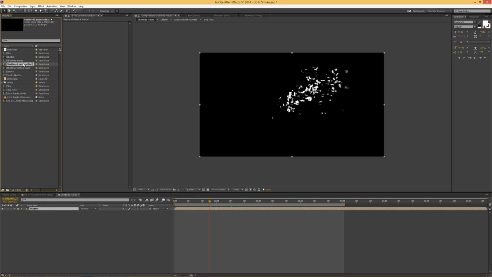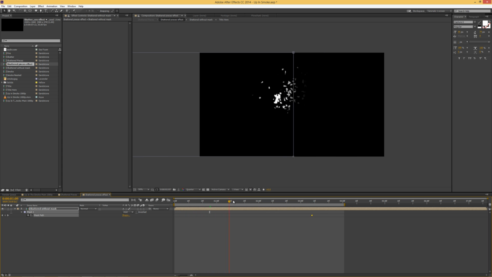Like I told you before, just select, hold Alt key on the keyboard and drag and drop it on a timeline, and you see the shatter composition is changed with the shatter pieces effect composition. Now open this composition and hit U key on the keyboard and move this to the left, so now smaller pieces are shown,